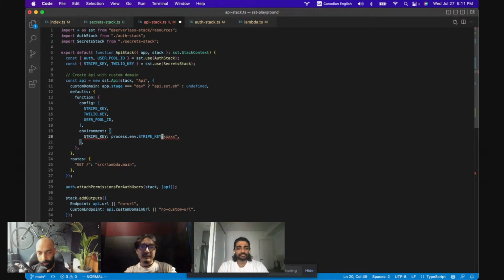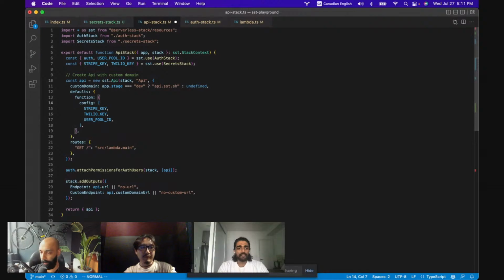Or you could make an SSM SDK call prior to this to fetch the value, right? So that's how you usually do it. But over here, you just specify config, and the config you're passing over is the Stripe key, right? So there's a bunch of things behind the scenes. One of the things it does is that in your Lambda code,